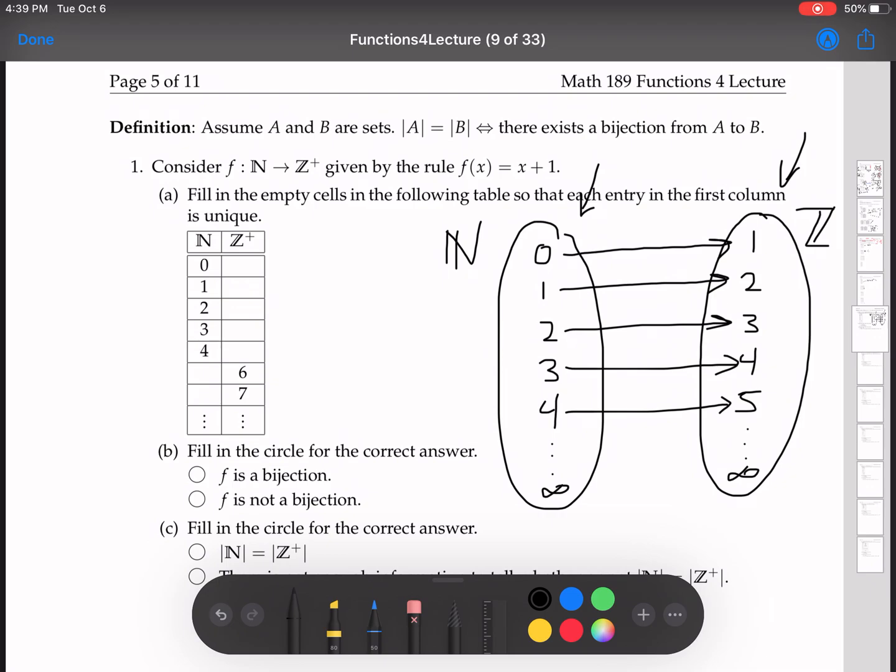Okay, so now filling out the table, f of x equals x plus 1. So 0 plus 1, that's 1, 2, 3, 4, 5, 6 goes to 7. And that just goes on and on and on like that. That totally works. Right? So we ask ourselves now,